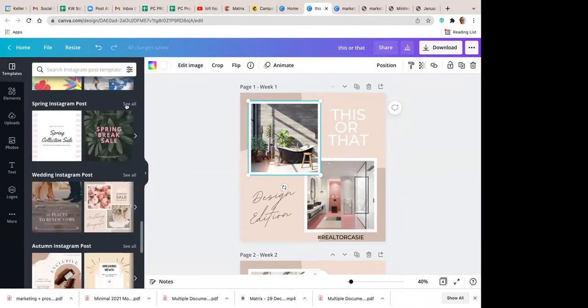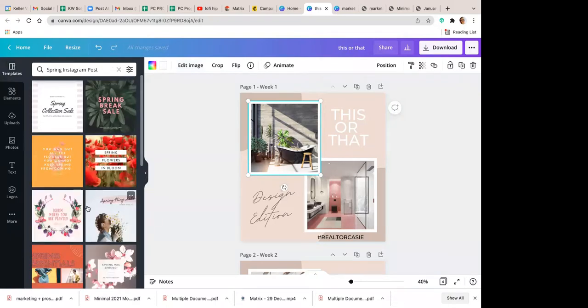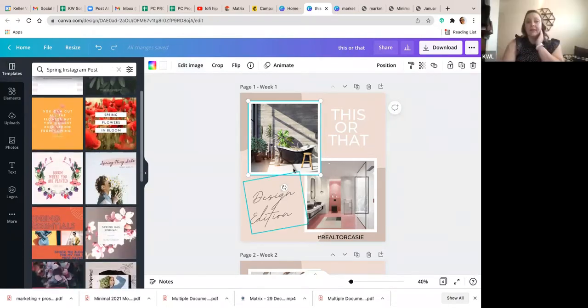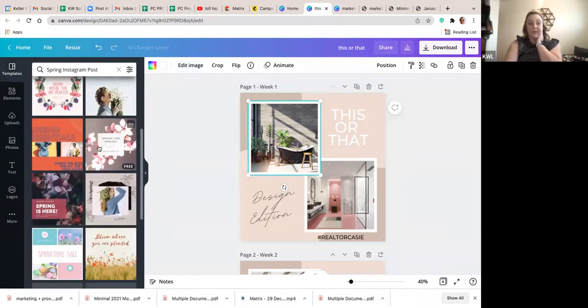Because when I searched for this or that, it didn't bring up a whole lot of free ones. I didn't use a this or that template. I just created this and then I actually used